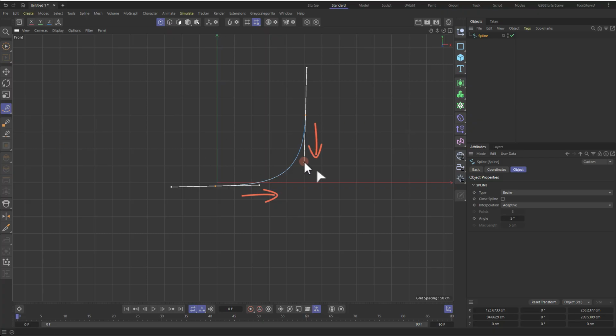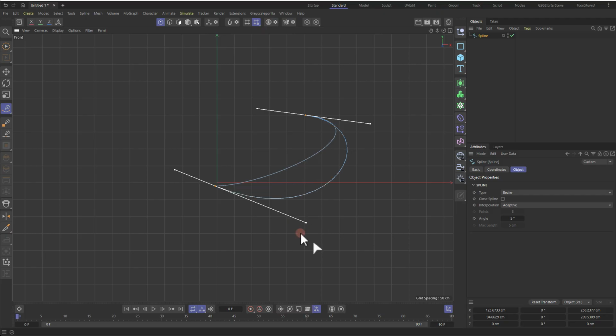If I manipulate these, notice how the curve is changing with them. When working with soft interpolation points, while the tangent determines the direction of your spline, you can change this direction by manipulating the tangent itself. There's a few ways to do this. If you're actively working on creating your next point, by clicking and dragging,